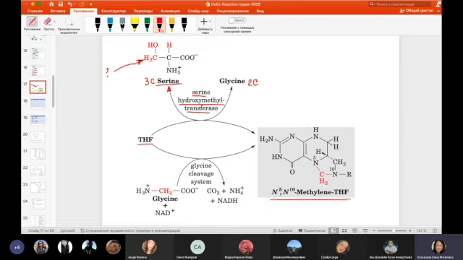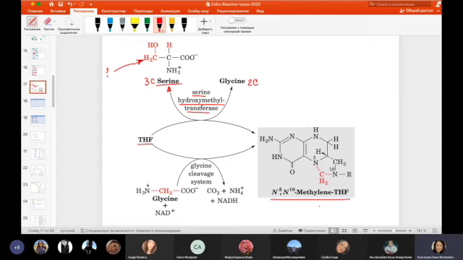It is called methylene tetrahydrofolate, the bridge between N5 and N10. This compound, methylene tetrahydrofolate, can be used as a donor of one carbon fragment in different reactions, including